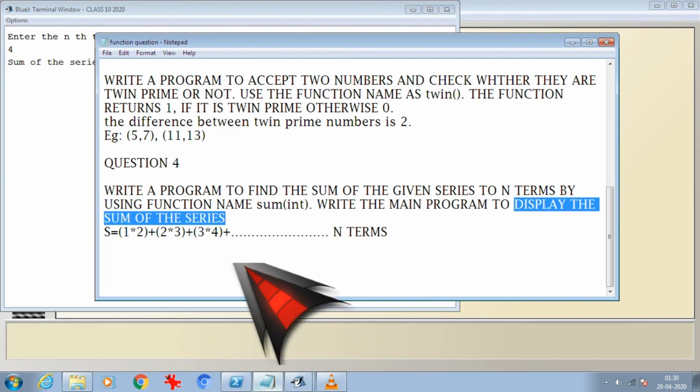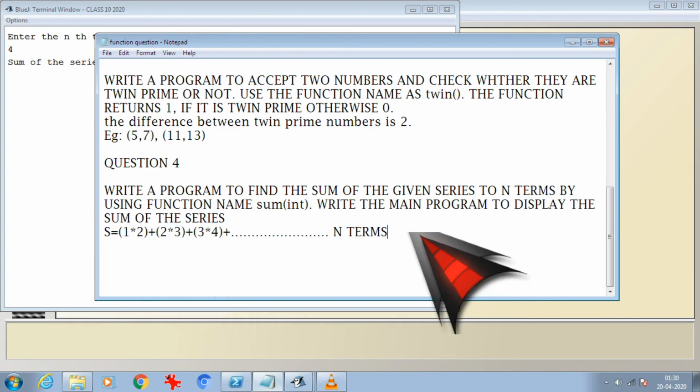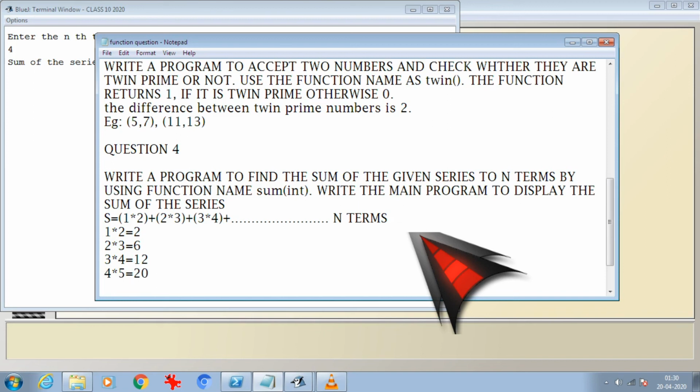Suppose I have the first term as 1 into 2. So that is going to give me 2. This is the first term. The second term will be 2 into 3, which will give me 6. For the next term, 3 into 4, which is going to give me 12. And the fourth term, which is 4 into 5, is going to give me 20. Okay, so my result has to be the sum of it, which is 2 plus 6 plus 12 plus 20.